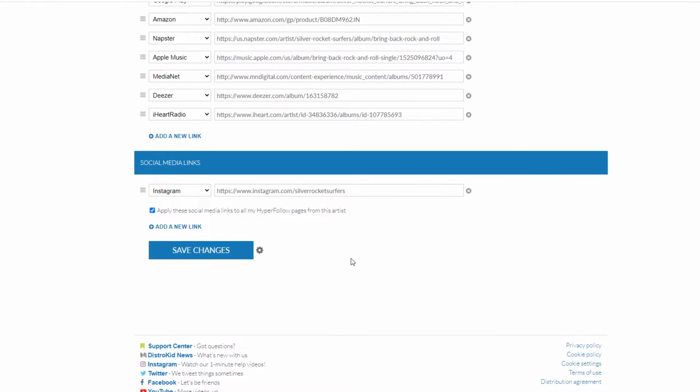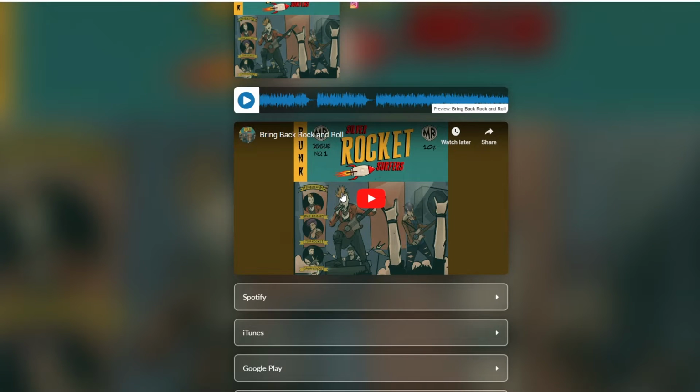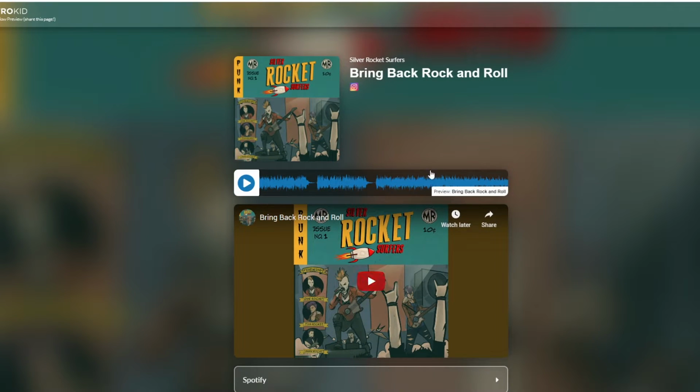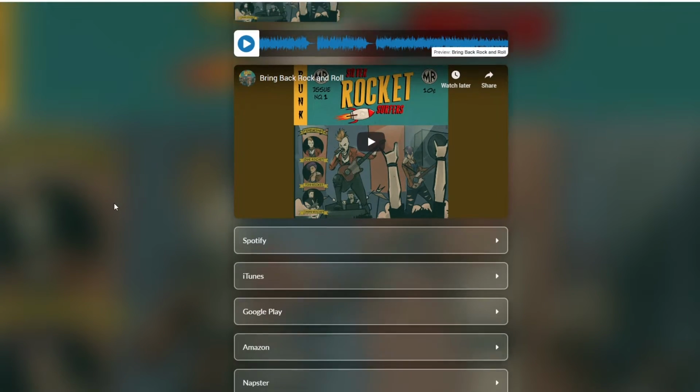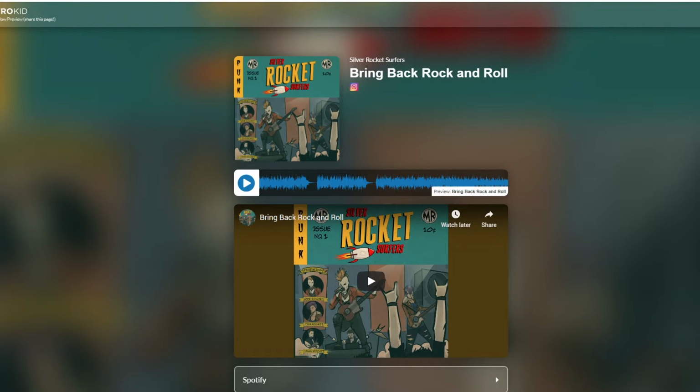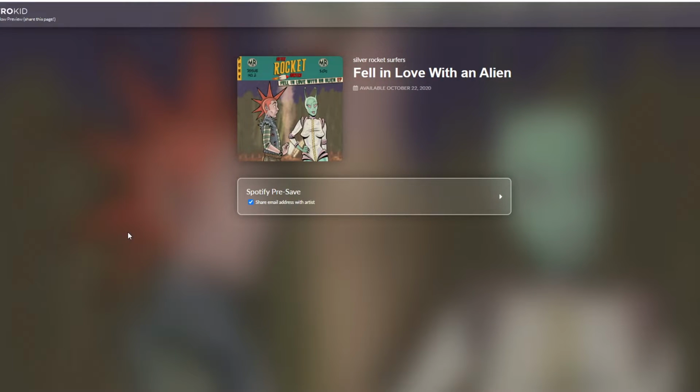Then we'll go down to save. And now you can see it has the YouTube video embedded right on this page. And ads will play on this video and you'll get the revenue for the ads that play on that video. Okay, so that's an older Hyperfollow page, but before I started doing this video, I actually uploaded my latest EP,